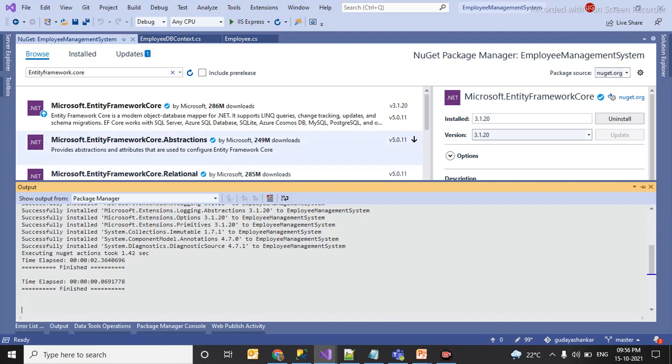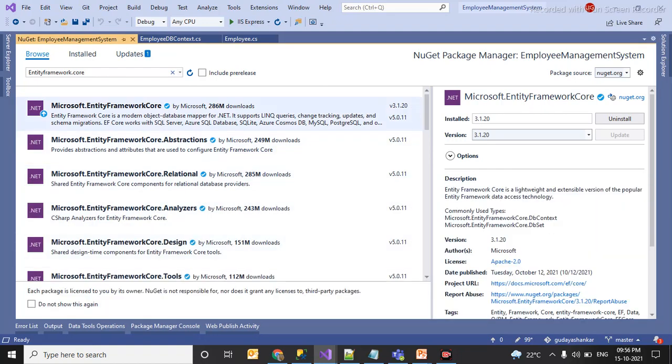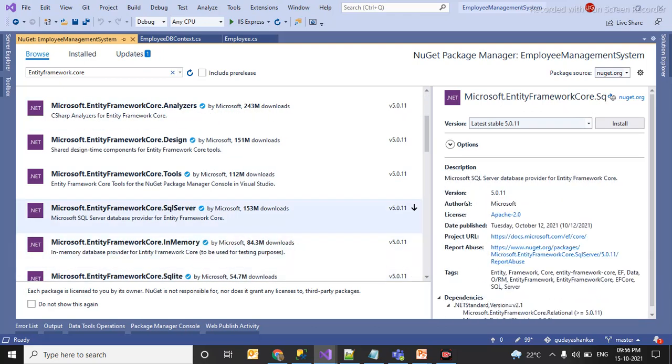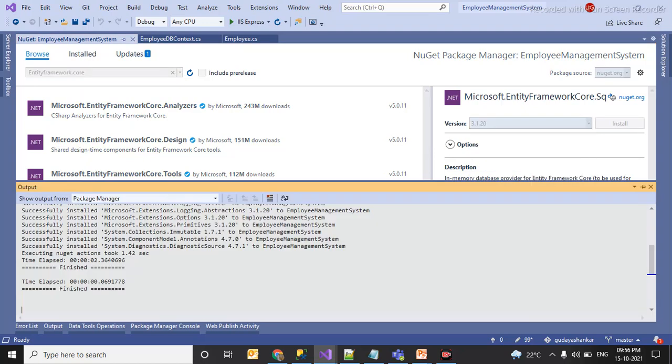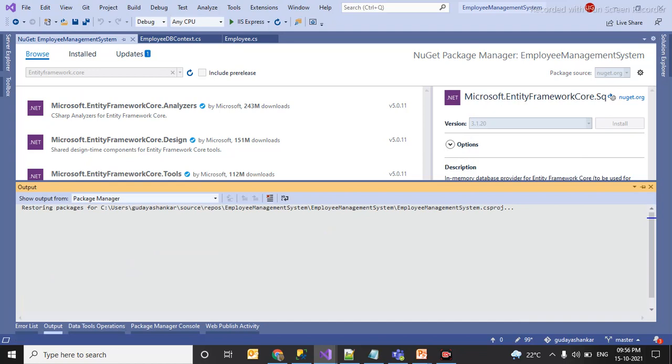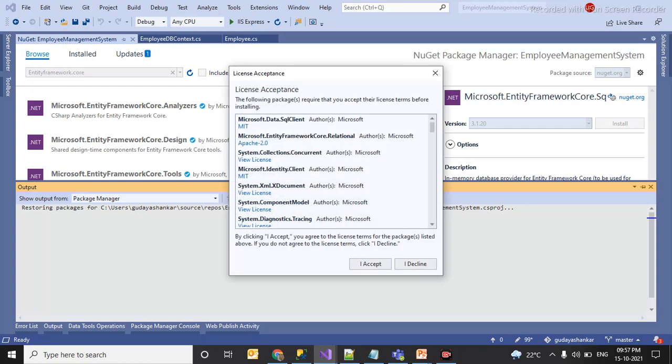It is installed. We need two more packages. I will be selecting the SQL Server package. Again you have to select 3.1.20 and install. See the output here, it is still installing. This may take some time, depending on your internet speed.